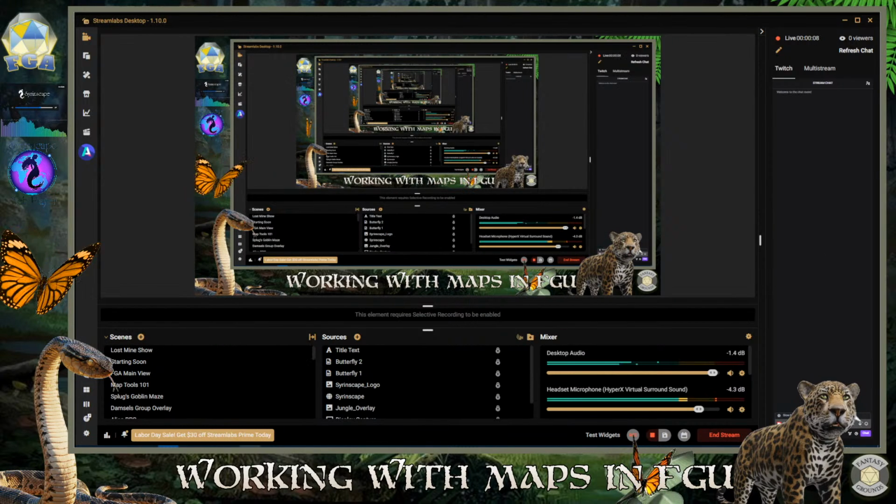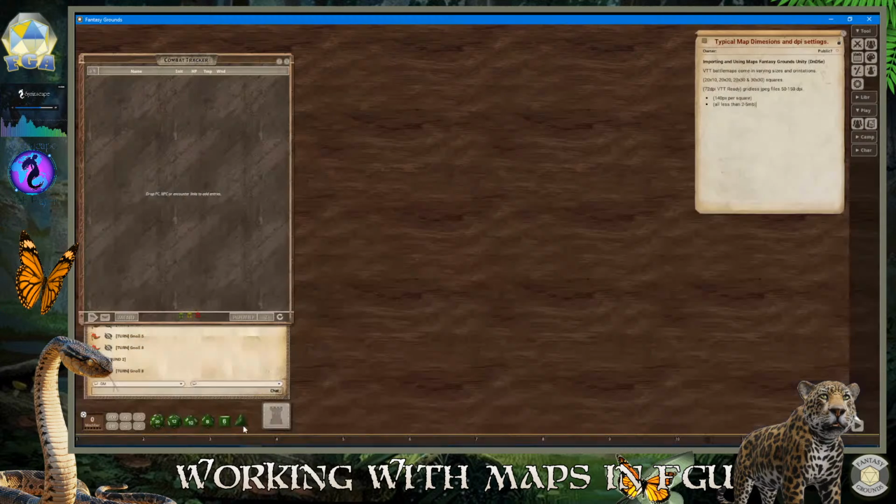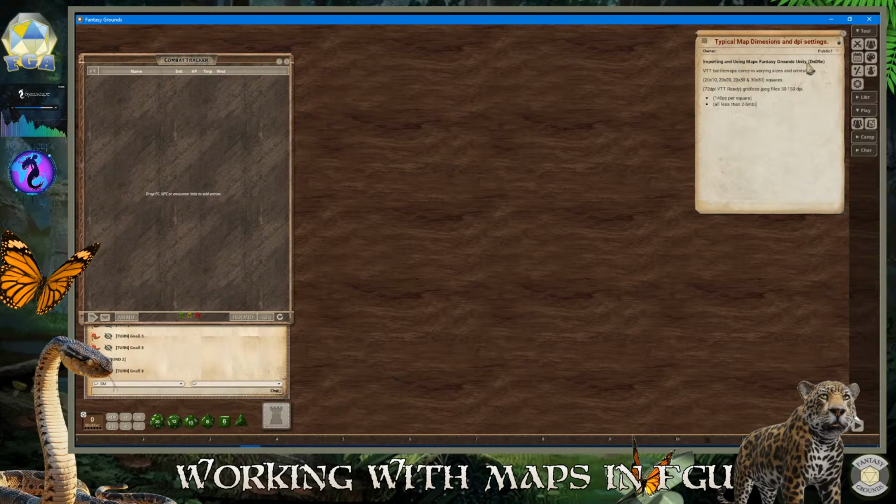Today I'm going to go over some map related content, which will cover importing and using maps with the Fantasy Grounds Unity platform. I have a session loaded here. This is DnD5e, but it can be pretty much any platform. Most of this information, at least in the beginning, is going to be related to mostly just the map tools